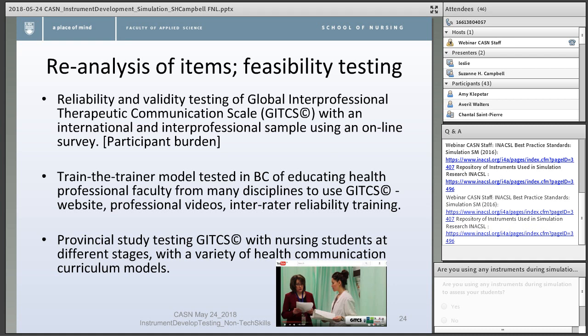The first group of fluid survey gave us excellent feedback, one of which was, please let us download the scale. Can you shorten the videos? You know, they had great suggestions that we did. The other piece was we created a train the trainer model in BC, and as I mentioned at CASN and in Axel, please come see us. We'll be presenting on this, or poster and podium style, but that went beautifully,